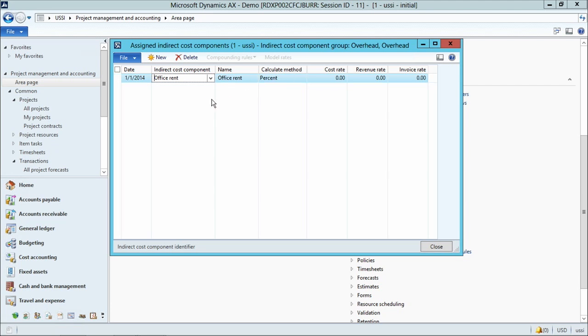And then we'll pick a calculation method. For this one, let's use unit-based. We'll give it a rate. So let's call it a $2 per unit charge. And we'll also put an invoicing rate on it. So whenever I post an hour, either through a timesheet or through an hour journal, if I have this overhead cost component group assigned to my project, it's going to add another $2 per unit onto the cost rate for office rent. And then whenever I invoice it to a customer, it would add $2 onto that